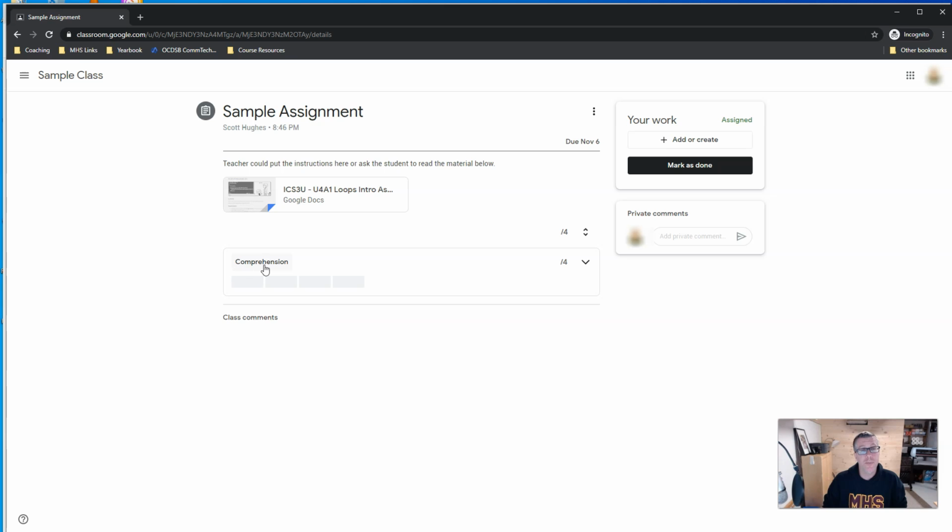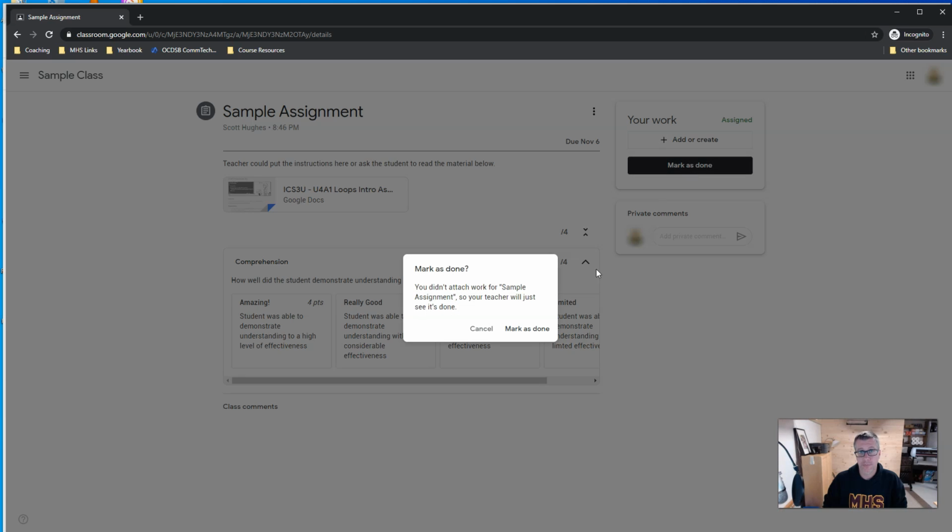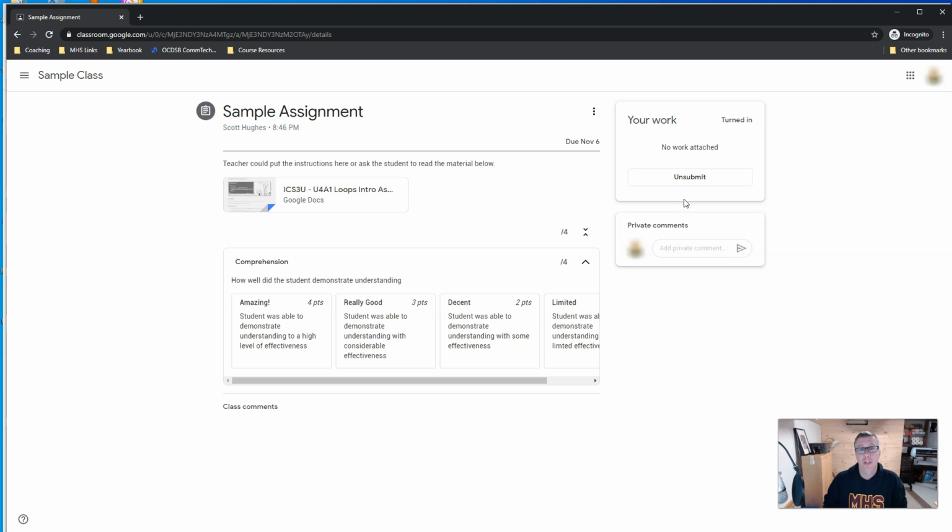Now you'll notice that this is being marked for comprehension, and there's a rubric attached to it. So what I'm going to do for this one is I'm not going to add anything. I'm just going to click Mark as Done to speed up the process. And I'm going to click Mark as Done again. Now you'll notice if the student forgot something, oops, I forgot to answer this question, or I forgot to add this file, they can always unsubmit and then resubmit it again,